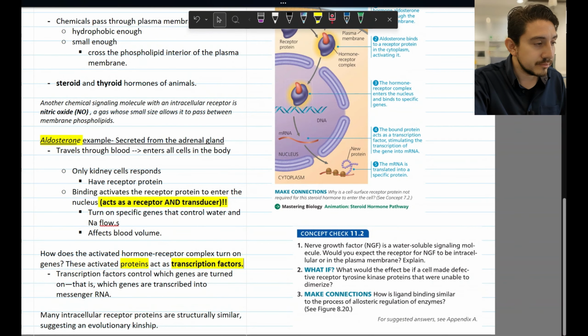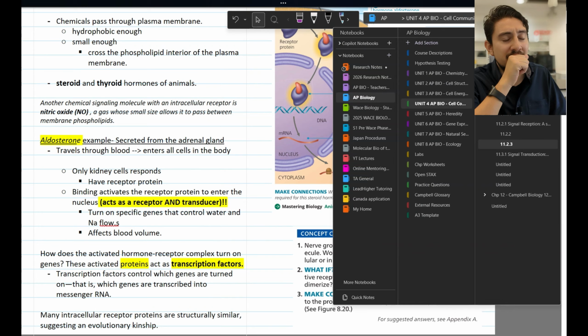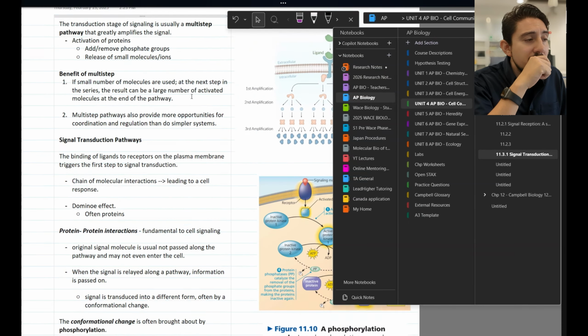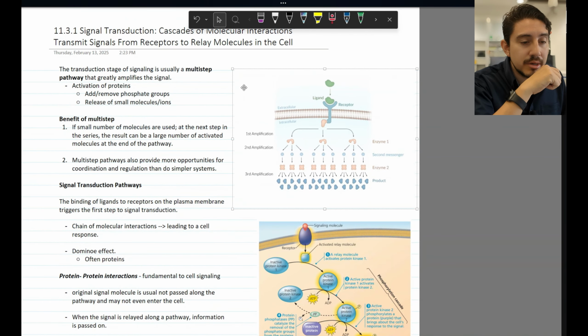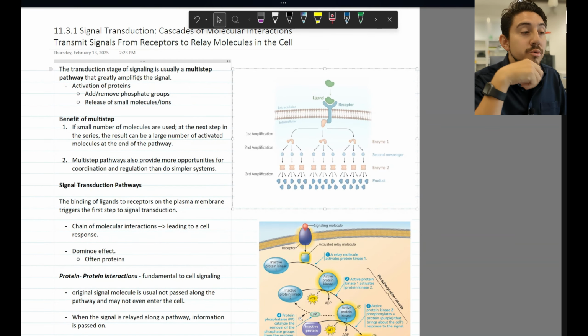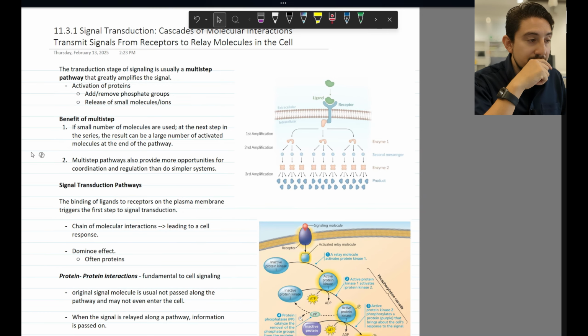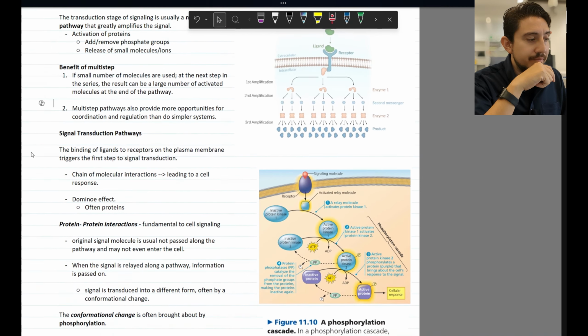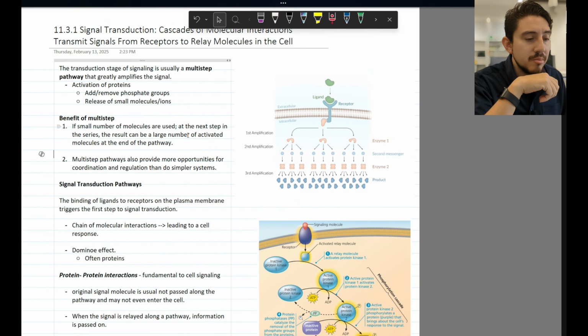So this is 11.2, and in the next video we're going to go into signal transduction, the cascade of molecular interactions that transmits signals from receptors to relay molecules in the cell. Very interesting concepts here and processes that we're